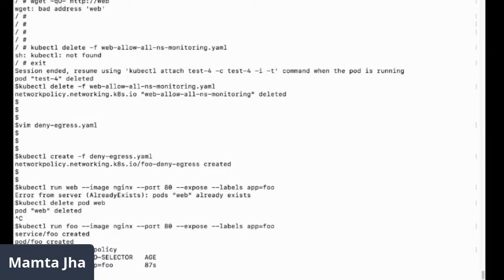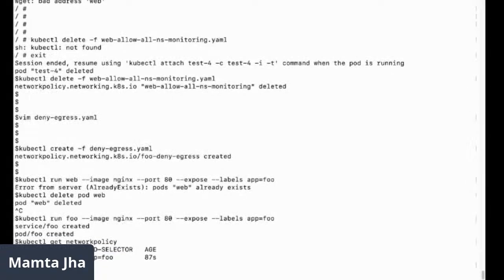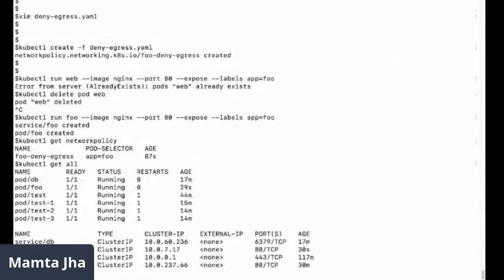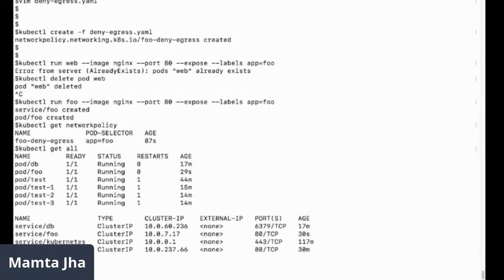So let me see what other pods are existing. kubectl get all. Some test pods were there. We can try to communicate to that. Let me create an app web pod.